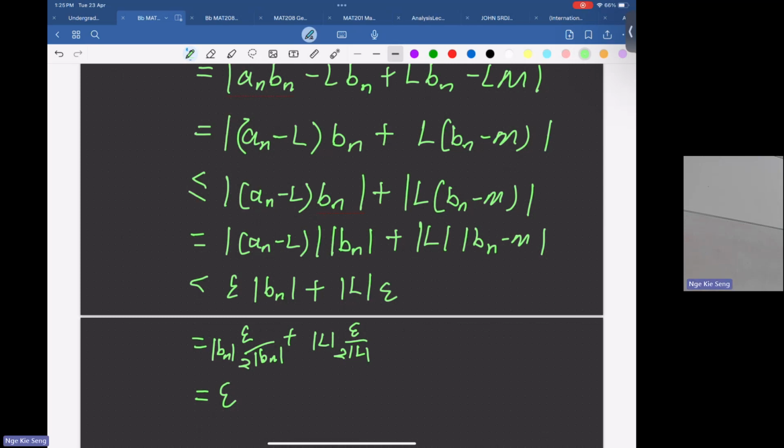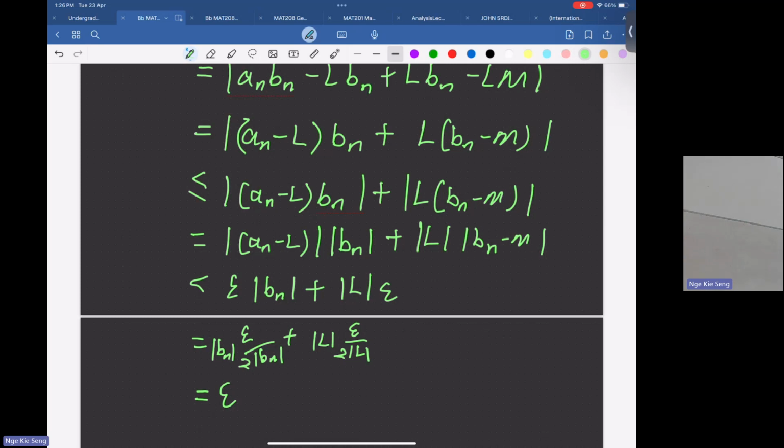It's really hard to control, because once you change your bn, this bn is dependent on n. Your capital N changes. It's very hard to control. But here it's different. Here l doesn't change. So epsilon over some fixed number here is still some fixed number. The gap is fixed, but the gap here is changing. So we don't want this. We want some fixed number. We want to divide epsilon by some fixed number.